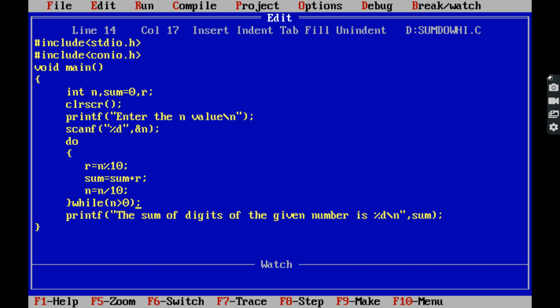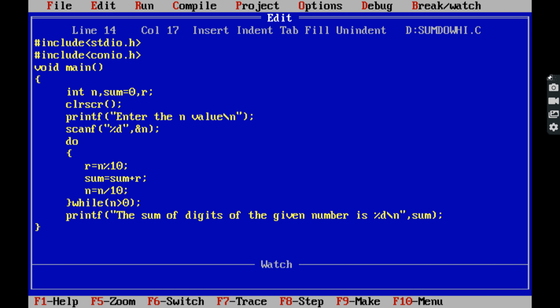Okay, do, then the body of the loop, after that, after closing brace, we have to write the condition while n greater than 0. If the condition is true, the body of the loop is executed. But first time we have to execute the body of the do while loop, after that the condition is checked.